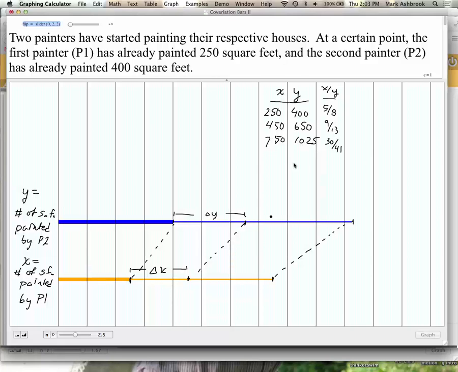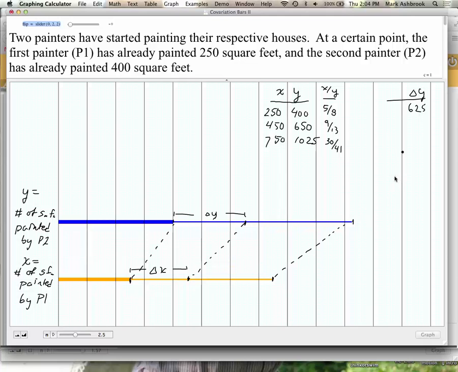Okay, so you looked at a change in what? Change in X or change in Y? Well, change both. Just spell it all out. Tell me everything. Well, I took the change from the final of Painter 2, which is Y, from the initial point of where he started, which was at 400. Which was what? 625. So we got a change in Y of 625, from the start all the way to the finish. Yeah. And I did the same thing for